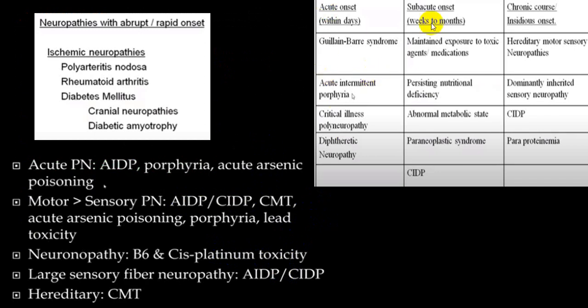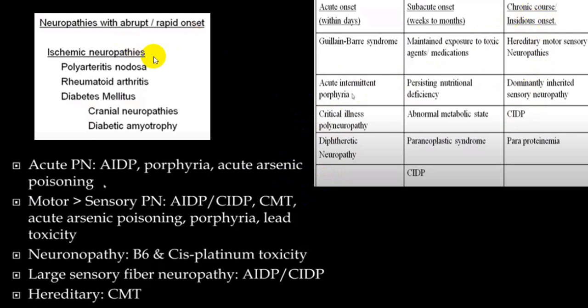Depending upon acute onset, subacute onset, chronic onset, I'll mention again here, we have already mentioned some of those. In acute onset, classical examples are Guillain-Barré and acute intermittent porphyria. These two come topmost on the list. And then comes what we call critical illness polyneuropathy, which you see very frequently in ICU. Another common one is diphtheria. Another we come across in a chronic variety is a demyelinating inherited neuropathy, CIDP, that is again in chronic.